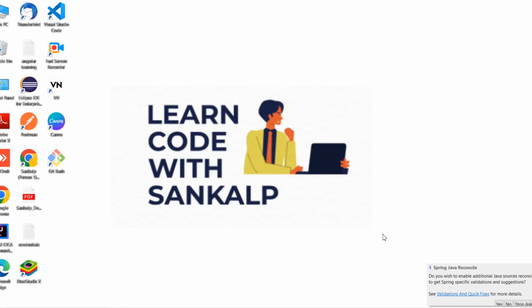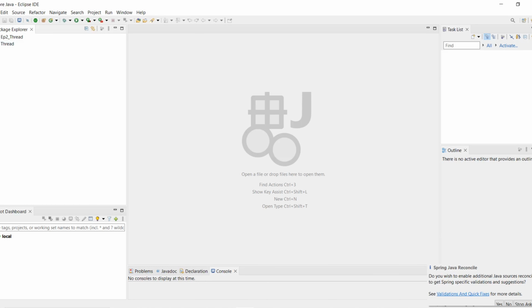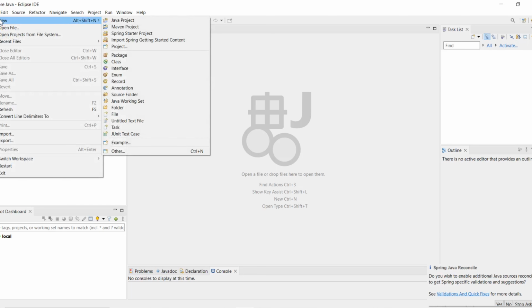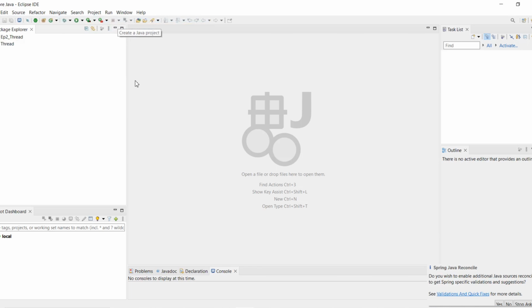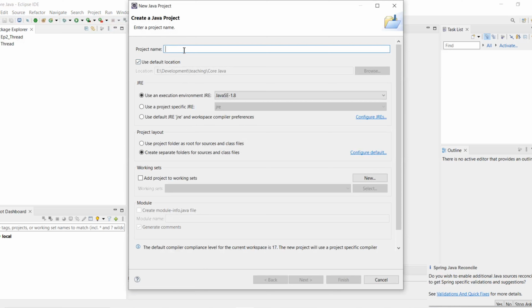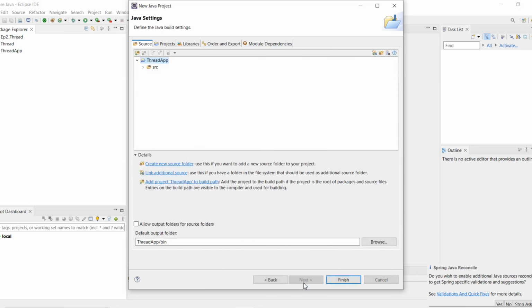For that we are creating one new project in Eclipse. We are creating one basic Java project. I will name it like thread app, and I am creating a project like this.